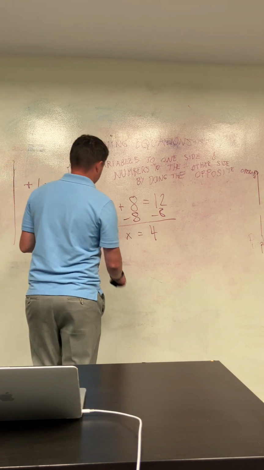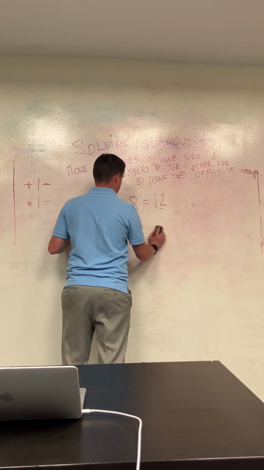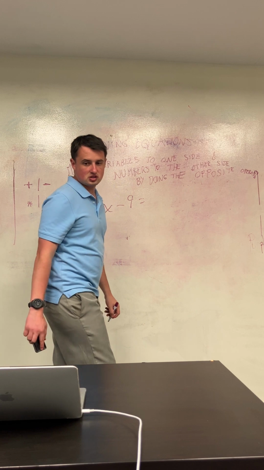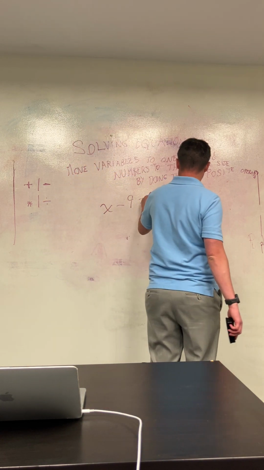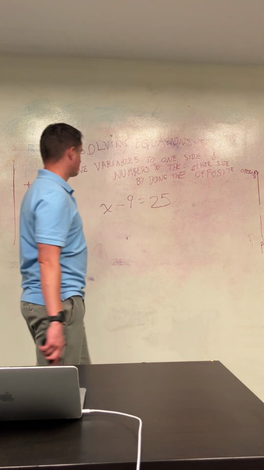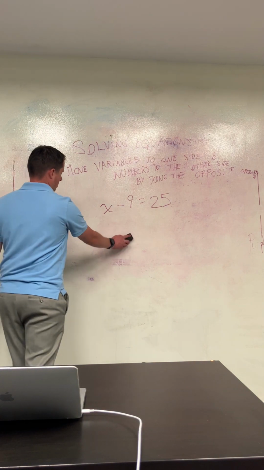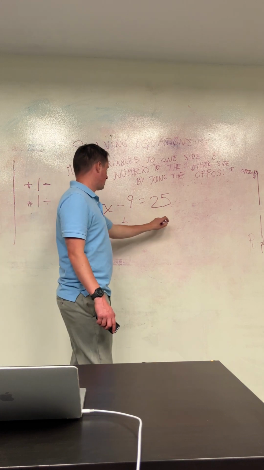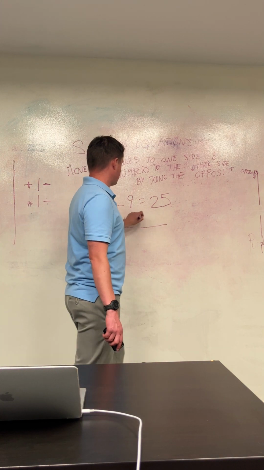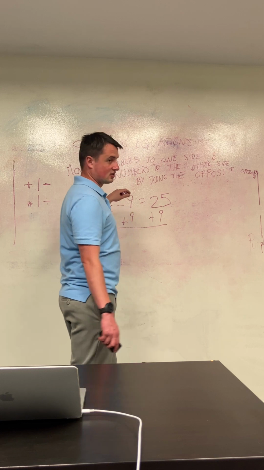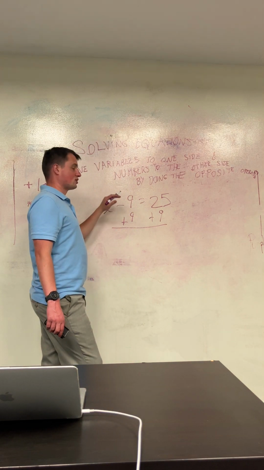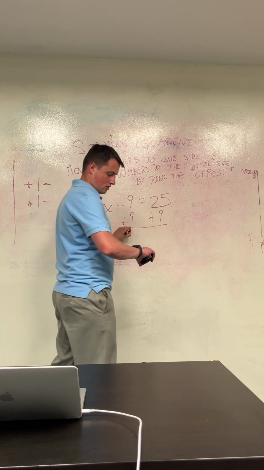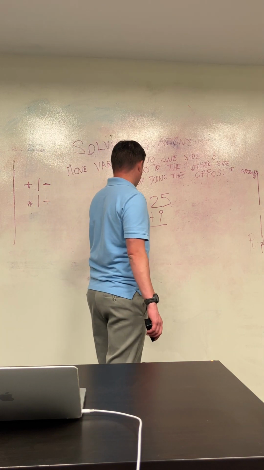Let's try this other one. Another problem. X minus 9 equals 25. All right, so what do we need to do here? Yeah, adding is the opposite. What are we going to add? Plus 9 on both sides. So remember we talked about the negatives, it's like -9 plus 9 is 0. 25 plus 9